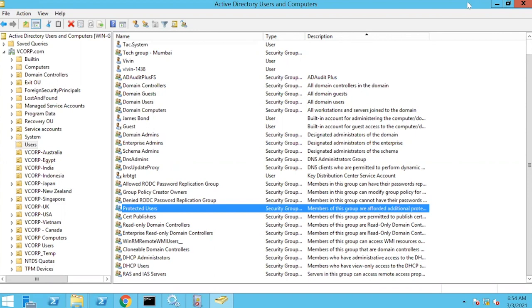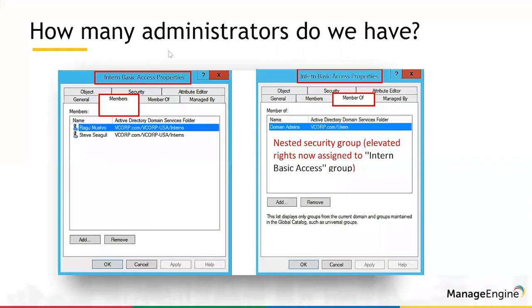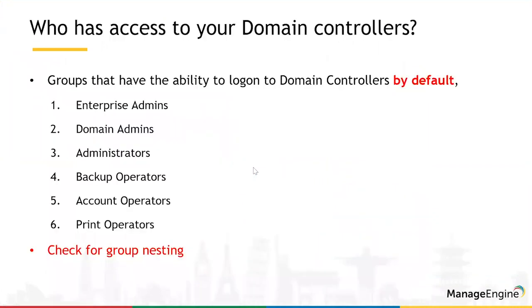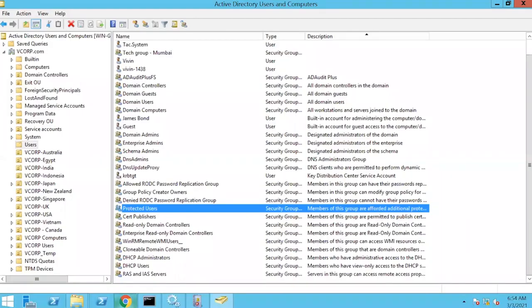So that is why I really believe that you should be doing this report first, understanding who has access to your domain controllers, or in other words, how many administrators do we really have, okay? And how does AD Manager Plus help you? Well, AD Manager Plus has, this is AD Manager Plus, right? So let me actually take you to the reporting section and probably do the report that I was supposed to